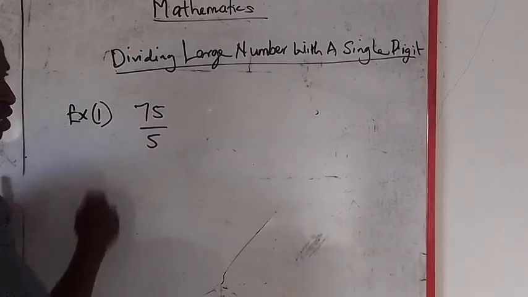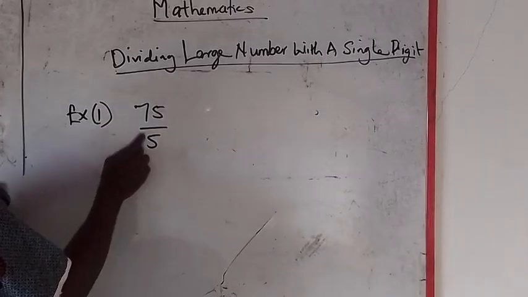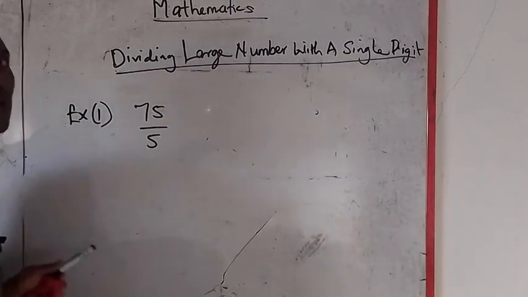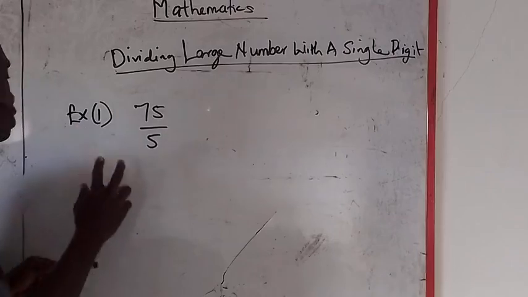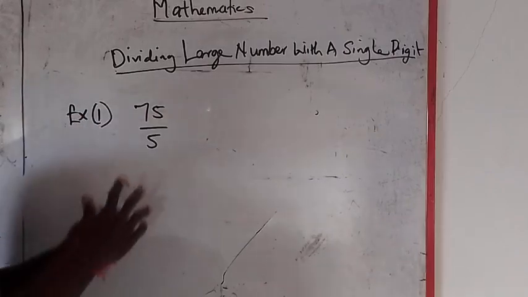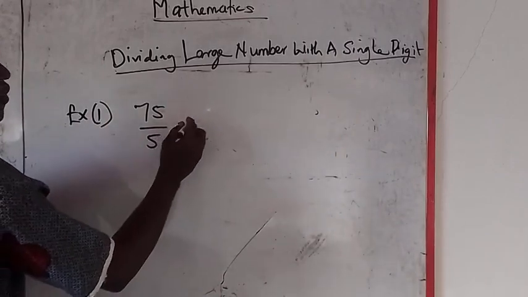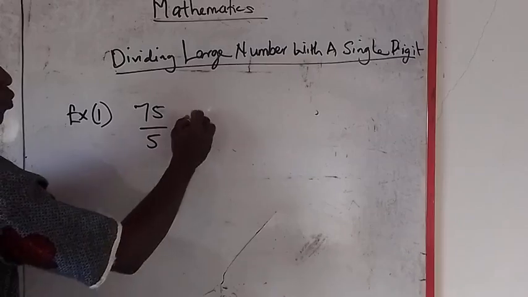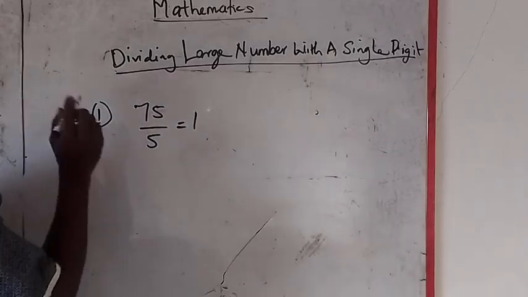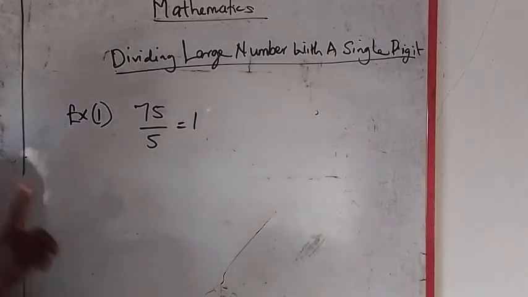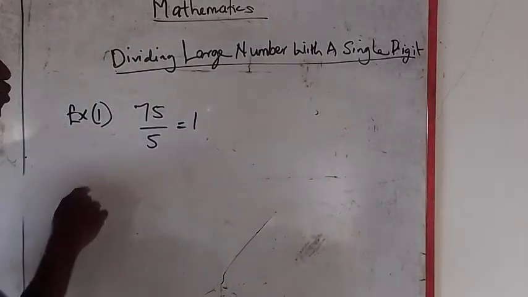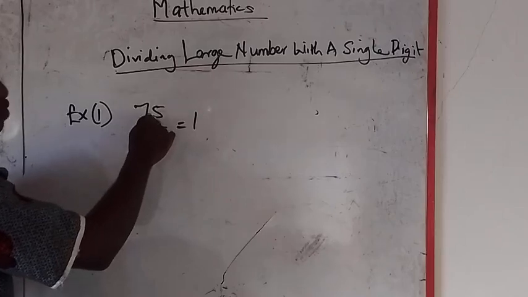5 into 7. Since 5 can go into the first digit, we can do it that way. If you cannot go into the first digit, you can pick the first 2 digits if the number is a big number. But since 5 can go into 7, we start from there. 5 into 7, you will see that it can go 1 time with a remainder of 2. You put that 2 in front of